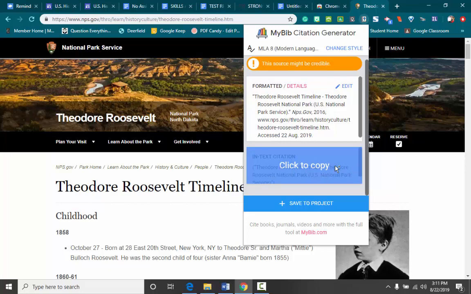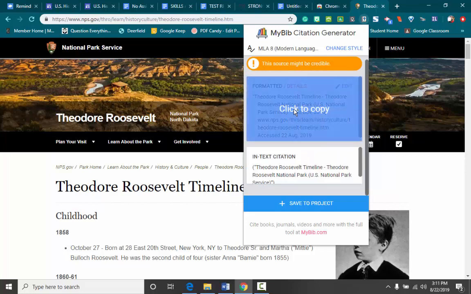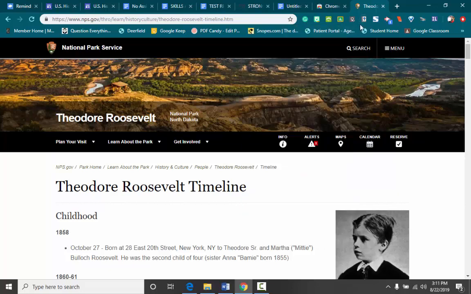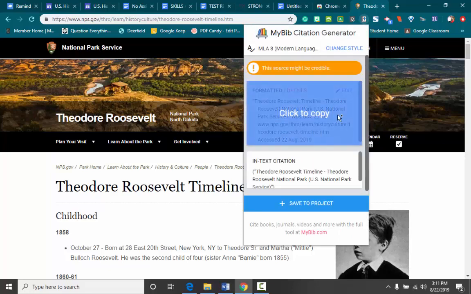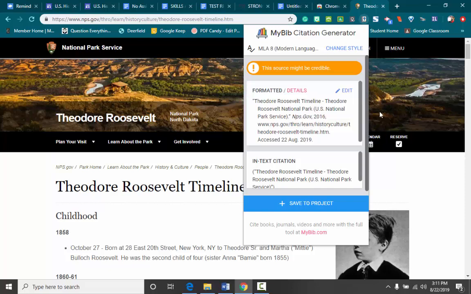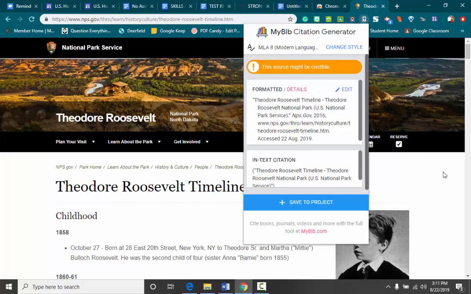If you don't know what those are, you will learn about those this year. But all you gotta do is click to copy, and then you paste it where you want. Now that I've done that once, all I have to do is click it. I don't have to go through selecting if I want MLA or whatever. Boom, there's my citation. Okay, so I click to copy, and I can paste it. So this is a huge one. That's probably one of my favorites. The next